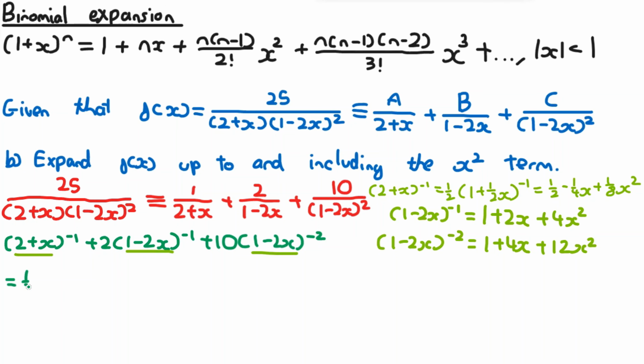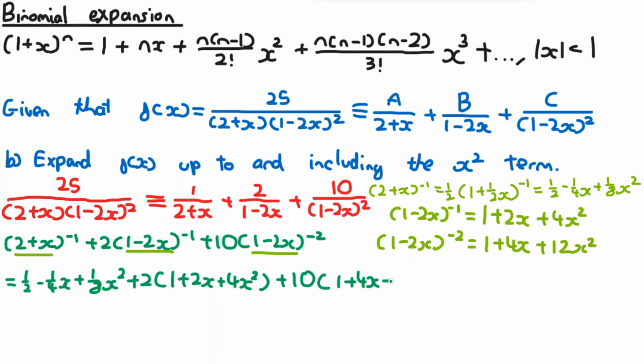So this is a half minus a quarter x plus 1 over 8 x squared, and then it's plus 2 times the (1 minus 2x) to the power of minus 1, so it's going to be 1 plus 2x plus 4x squared, and it's going to be plus 10 times this here, which is going to be 1 plus 4x plus 12x squared. And then this is going to be equal to, if we expand the bracket,